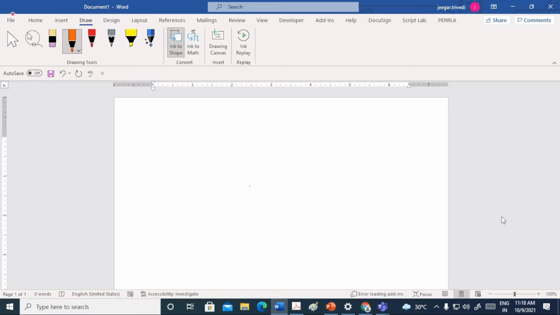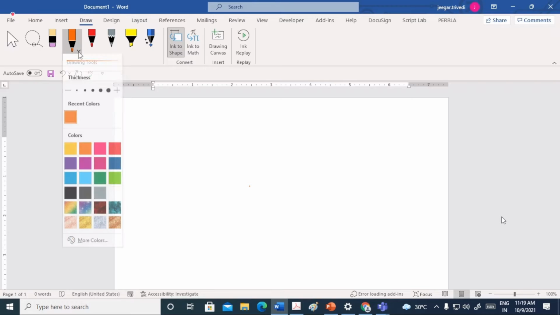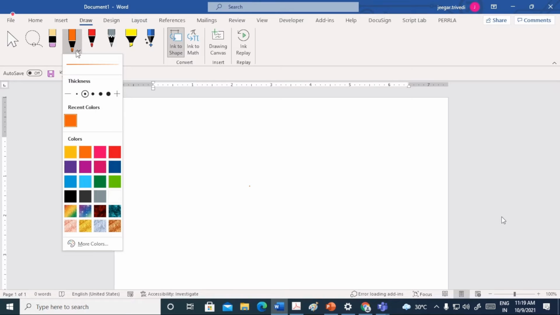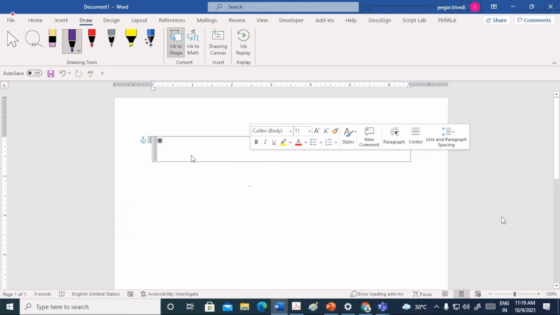For example, these are the tools. When you click on the downward arrow, you can see there are many colors. You can select any color, let us say this color. You can select the size, and then